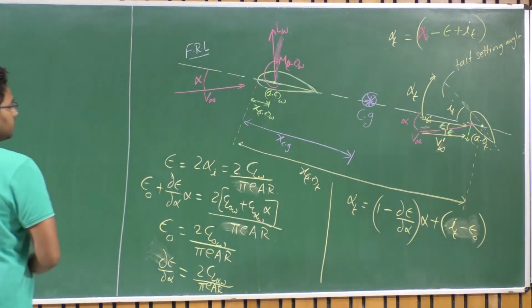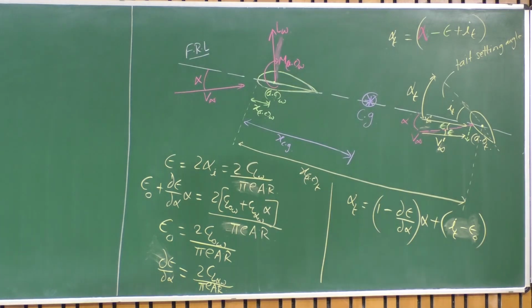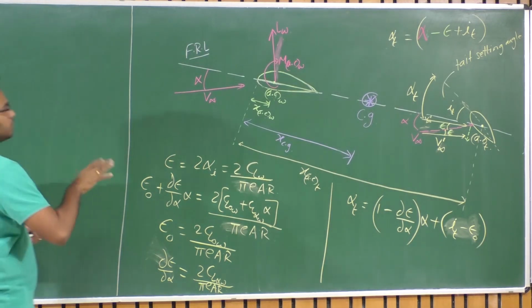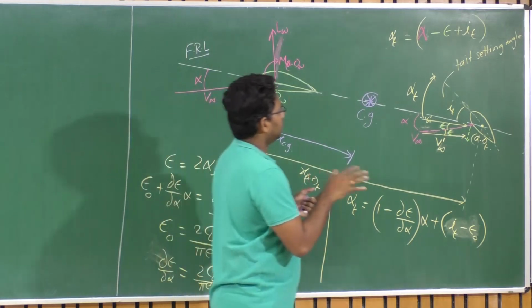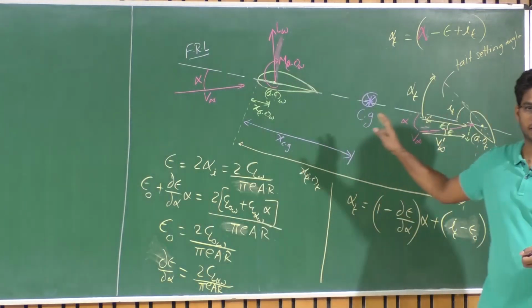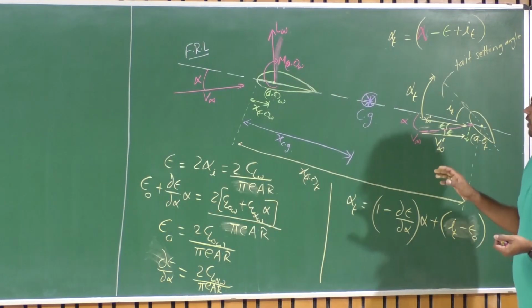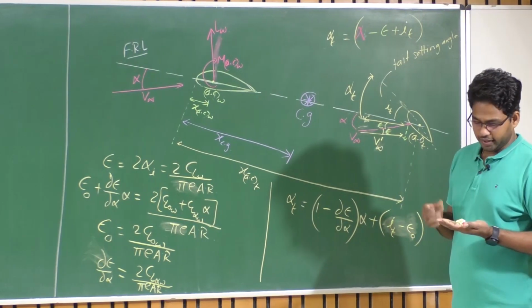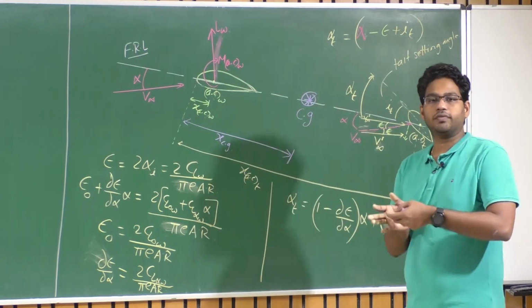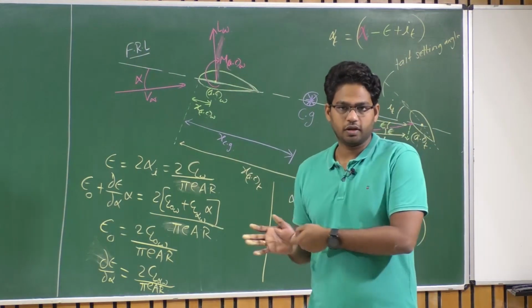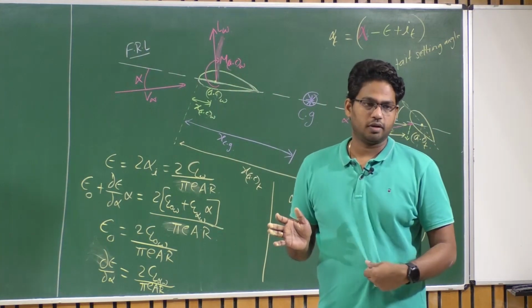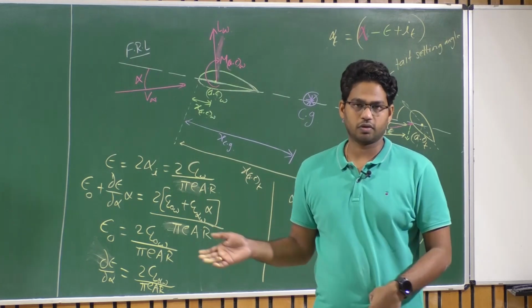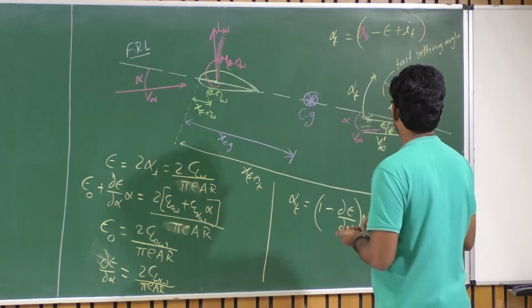So with this derivation, we now can proceed with this understanding. We now can proceed with the modeling of moment for this particular configuration, wing and tail configuration, and we'll find out what is Cm naught and Cm alpha for this configuration, right? At the same time, we'll also look at what is the total lift from this combination, and then also the Cl naught and Cl alpha of this configuration, wing and tail combination.